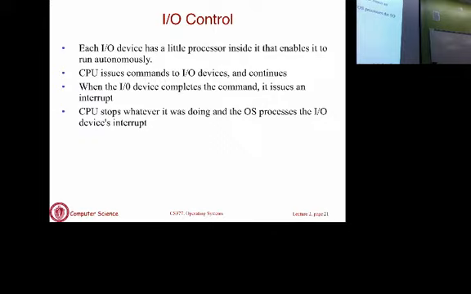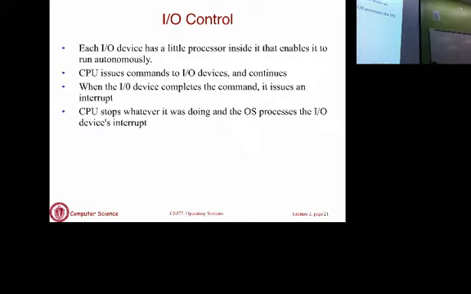Let's see what happens. What are the results of the I/O command? It will take those results, process them, and if some application issued those I/O commands, it will hand those results back to the application. So this is typically how I/O devices are going to work.